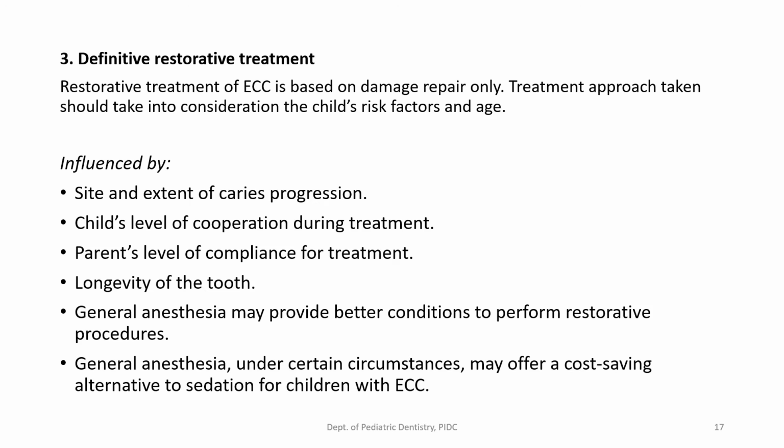So basically, the definitive treatment depends on, or is influenced by, the site and extension of caries progression. So, for example, if you have interproximal caries, maybe you want to go ahead and do a stainless steel crown restoration rather than try a proximal composite restoration or a GIC restoration. Then, of course, extent of caries progression. So here we have to take a decision whether we want to do an indirect pulp capping or a direct pulp capping. Of course, direct pulp capping is not indicated in primary teeth, but indirect pulp capping or pulpotomy has to be done. So your restorative plan will depend on that.